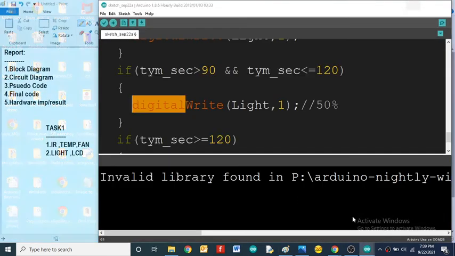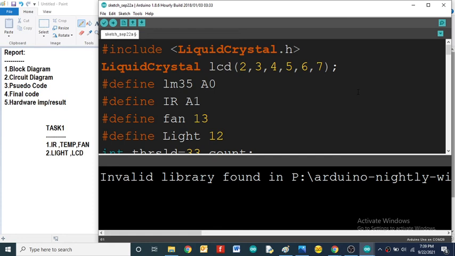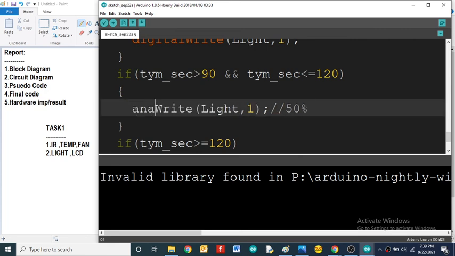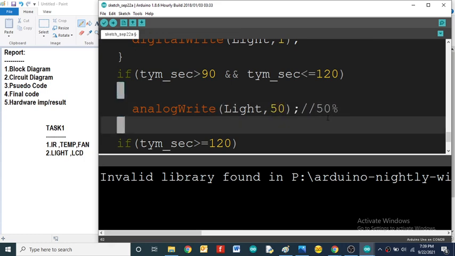Now first I need to change the LED pin. We have 9, 10, 11, so you can use 11 or 10. Then instead of digitalWrite I will use analogWrite, and for 50% intensity we can go for 127, or else I will go with 50, because of the dim light.